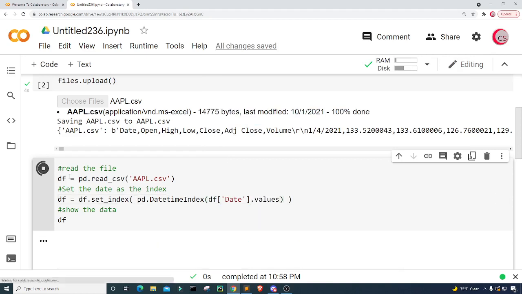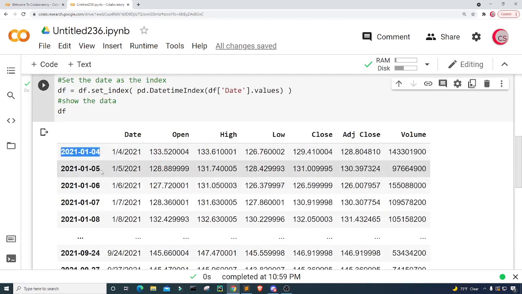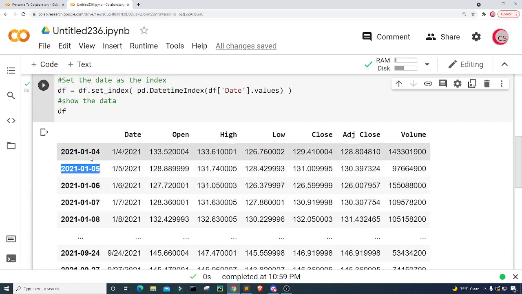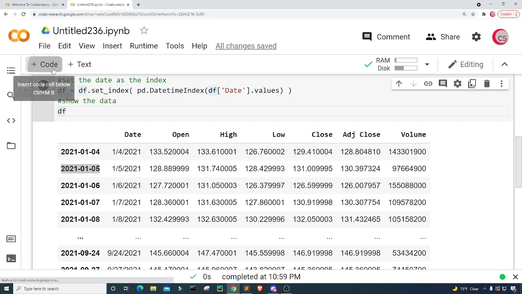Alright, so I'm going to run this again, and now we get those indices to be the date instead of integer values. Alright, so let's go ahead and create a new cell,